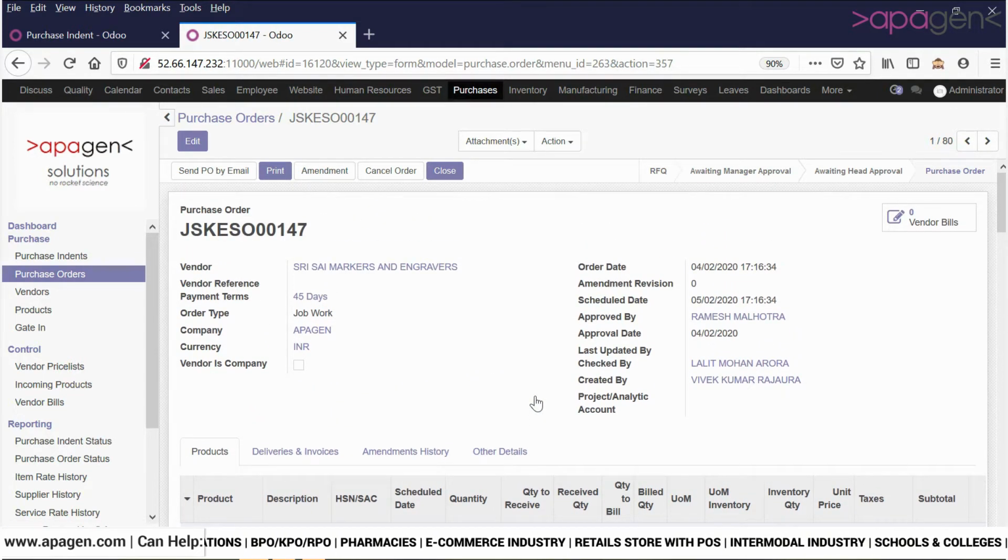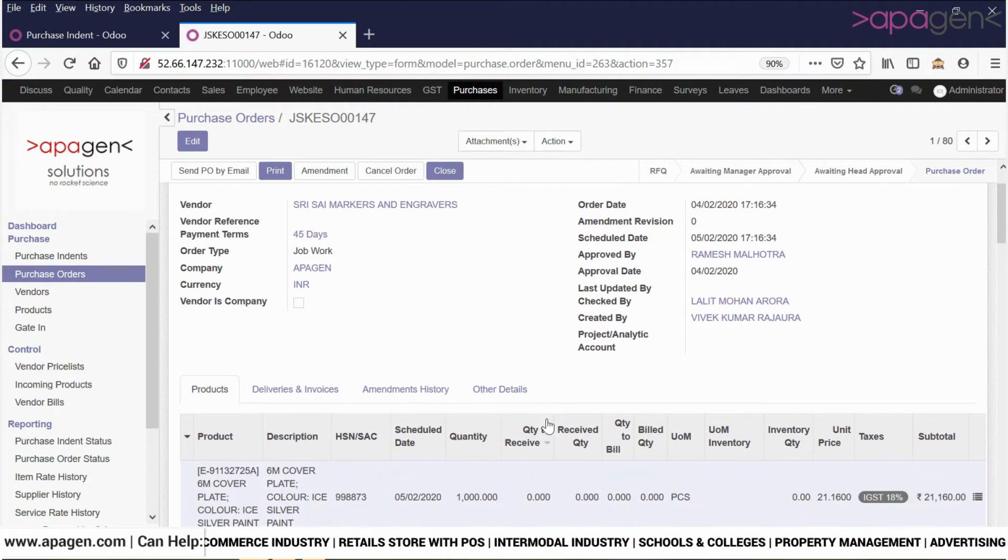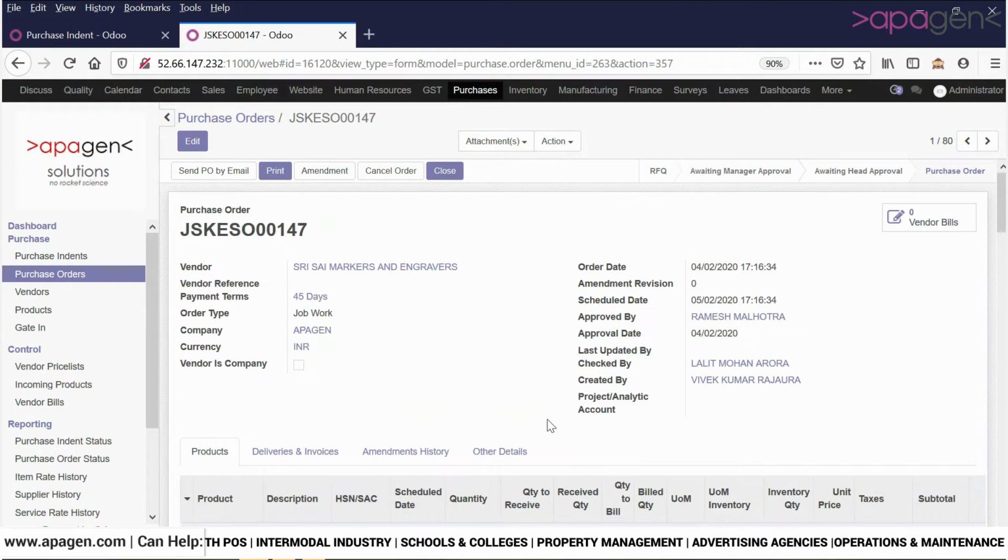The only thing that is done is to ensure that all these things are followed in process and in compliance. And we also have an additional amendment process in case quantity is modified, then these can be amended as well.